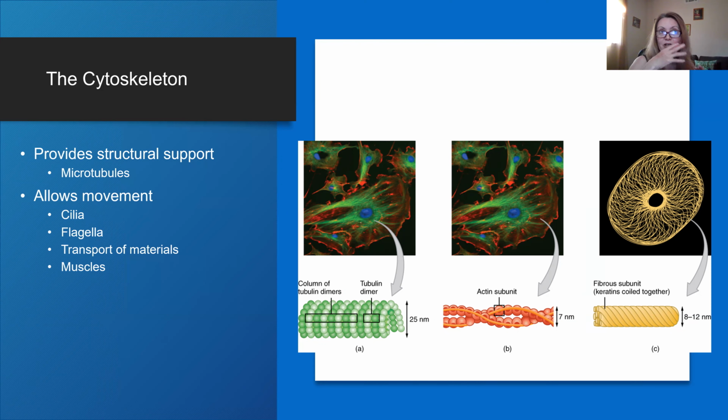For example, your respiratory tract is covered by pseudostratified columnar ciliated epithelium, and these cilia move mucus from your respiratory tract towards your oral cavity,